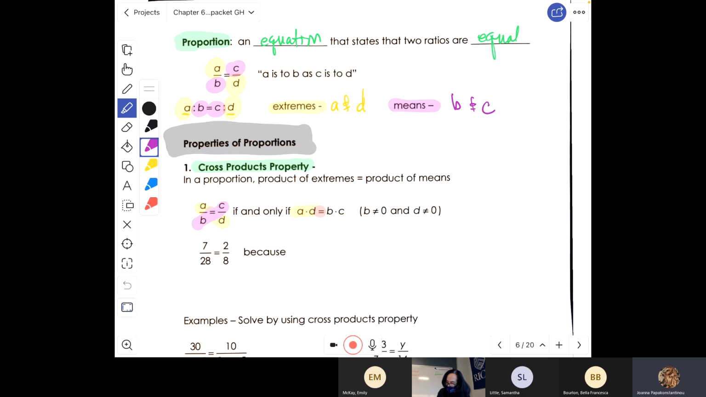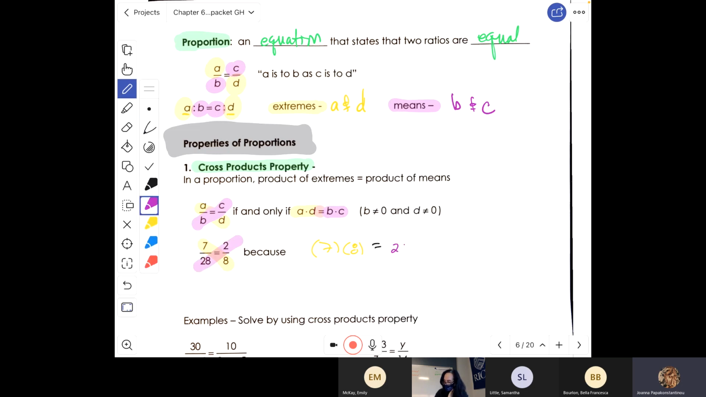So where have you seen this maybe? When you cross multiply, right? That's just cross product property. Product is multiplication. And again, the denominators can't be 0 or this isn't defined. So if I want to verify this is a true proportion, that these two ratios are equal, all I would have to do is multiply 7 times 8 and see if that equals